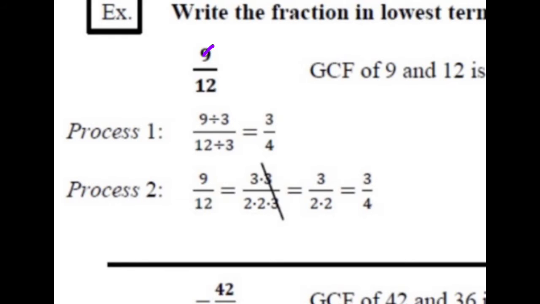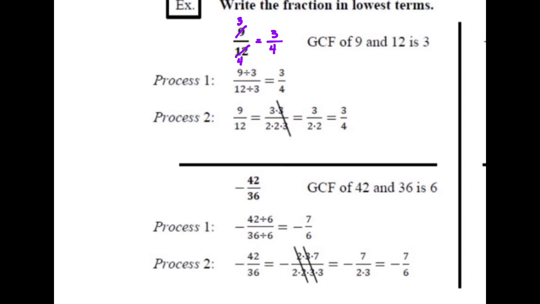Okay, so we know that 3 goes into both 9 and 12. 9 divided by 3 is 3. 12 divided by 3 is 4. So we get 3/4. Okay, exactly the same thing. Okay, now this one,